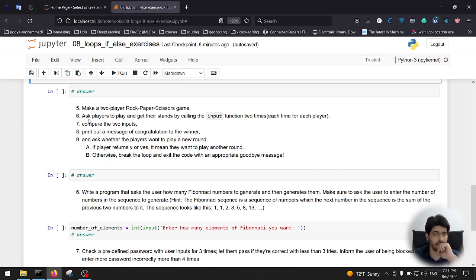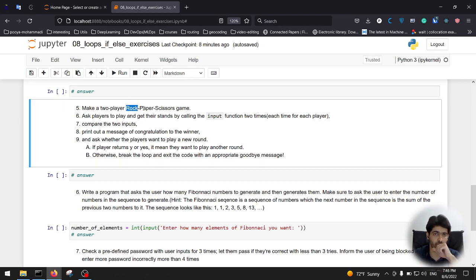Okay, the fifth exercise or question is asking you to create a 2-player rock paper scissors game. So if you are not familiar with what the rock paper scissors game is, you can Google it. It's just a game where each player can choose one of these positions they have. For example, they can say rock, paper, or scissors. They should input rock, paper, or scissors. Okay, and each time you should ask user 1 and user 2 to get their inputs, to get their stance,